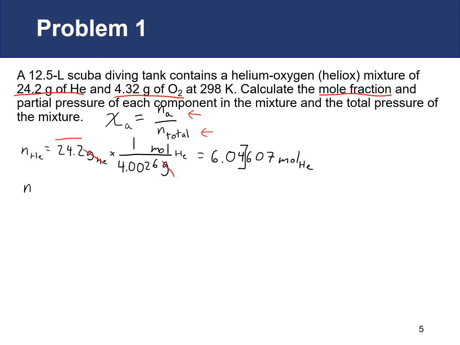Okay, next we're going to calculate the number of moles of oxygen. So we're going to use a similar method: 4.32 grams of oxygen, multiplied by the molecular weight of oxygen using moles on top, grams on bottom. 1 mole is 31.9988 grams. Our grams cancel out, leaving us with moles of oxygen. Plug this into your calculator, you'll get 0.135005